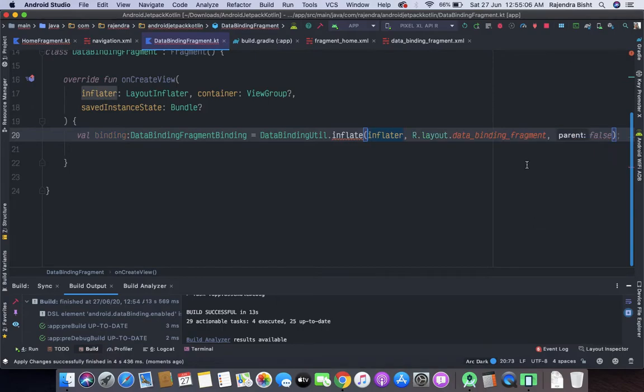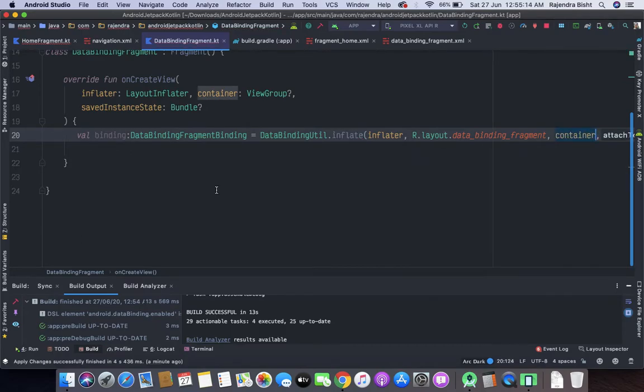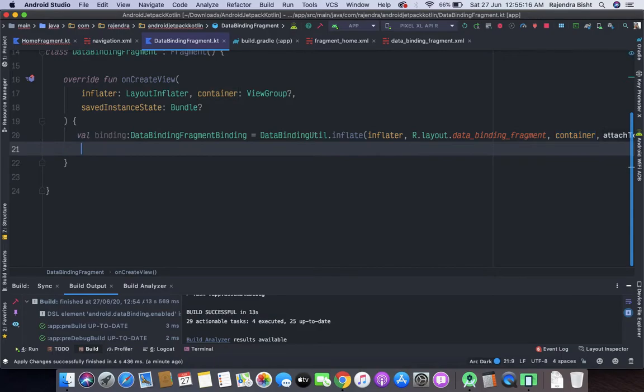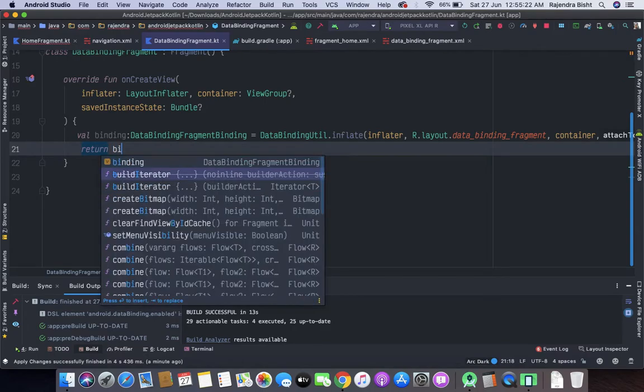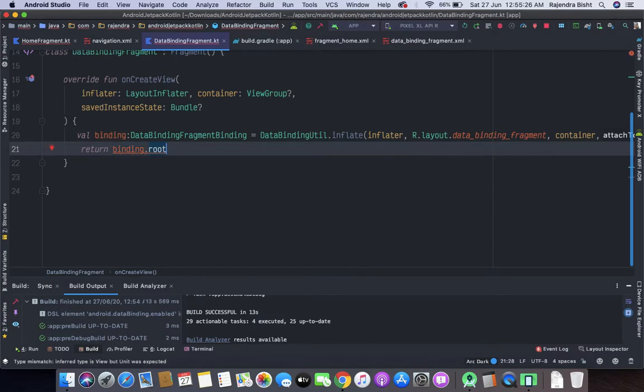This is inflate, and here we will set the container. Here we will return the binding dot root. Okay, it's giving an error.